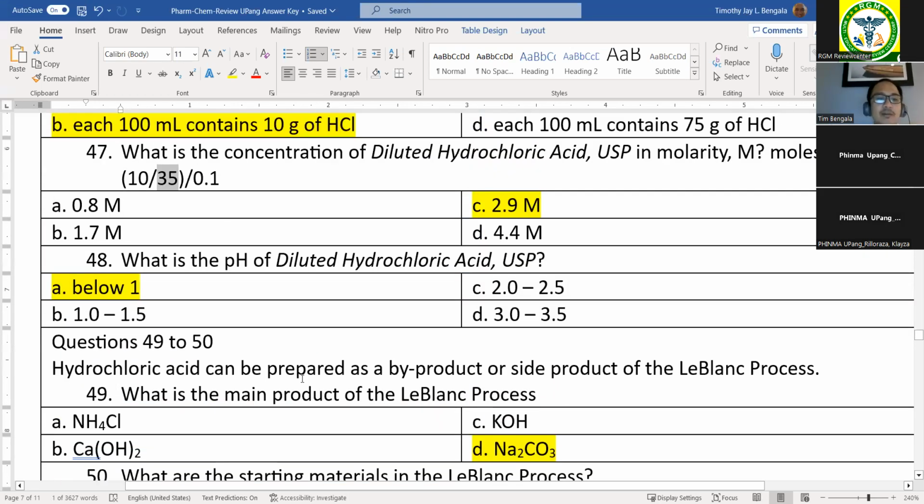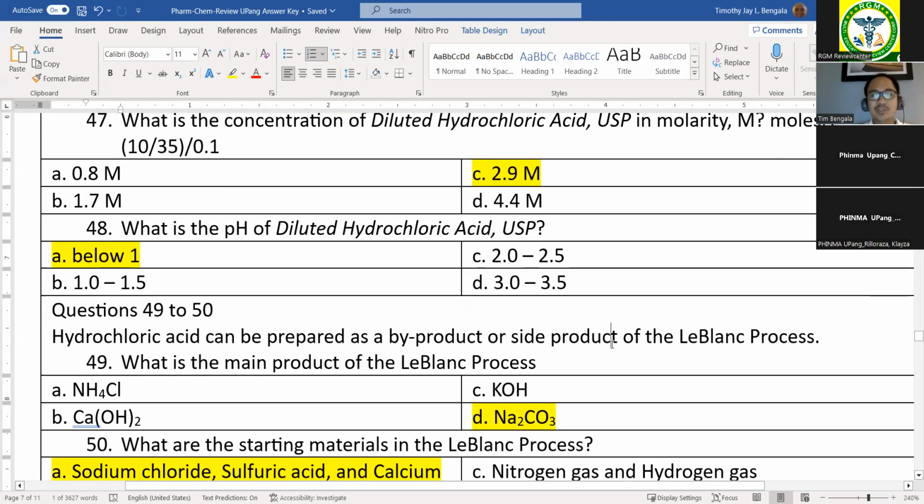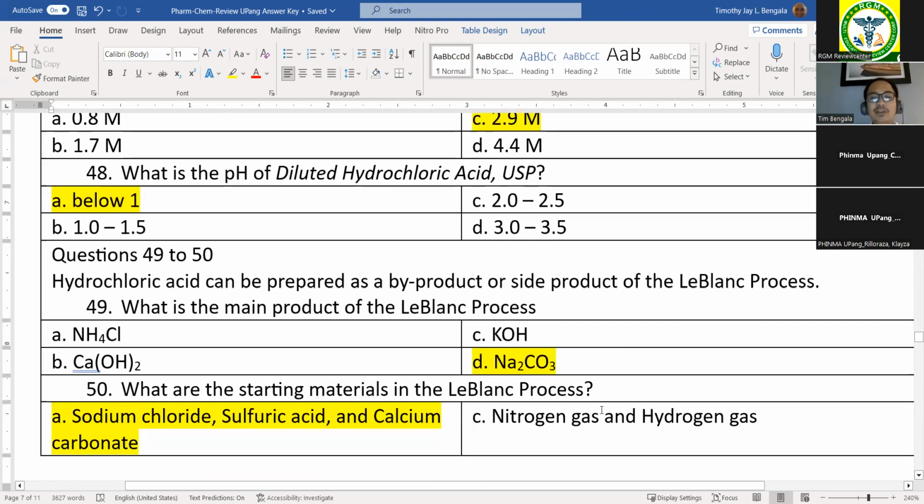Tapos 49 to 50, what is the main product for Leblanc process? So that's sodium carbonate. So ito nga yung napiprepare ng sodium carbonate. If you recall, dalawa yung process, no? Solvay at Leblanc. Sa Leblanc process, you have